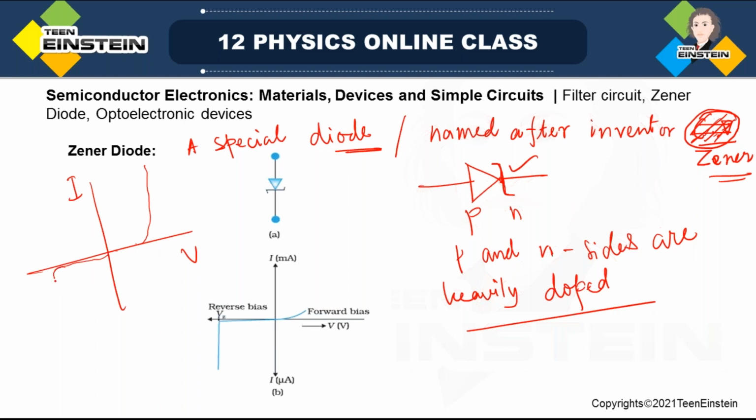In an ordinary diode, these are more or less the characteristics. Here the current is in milliampere, here it is in microampere range. This is called reverse saturation current because it is independent of the reverse voltage. So what is the difference between the normal diode and the Zener diode? Anyway, we are not so much interested in forward bias for the Zener diode, because